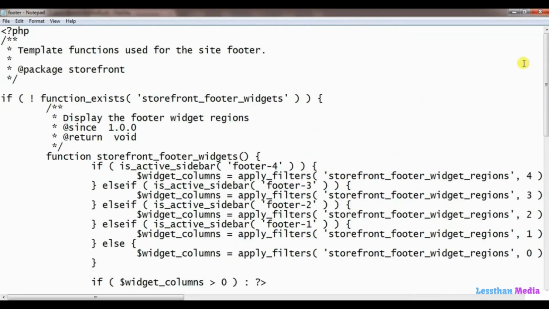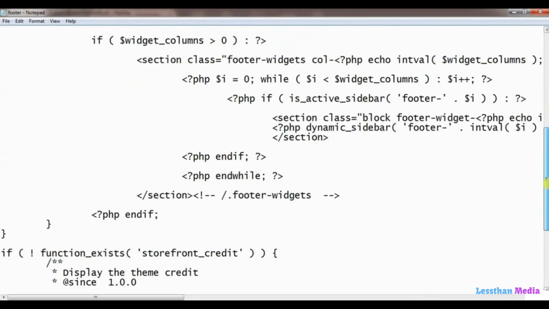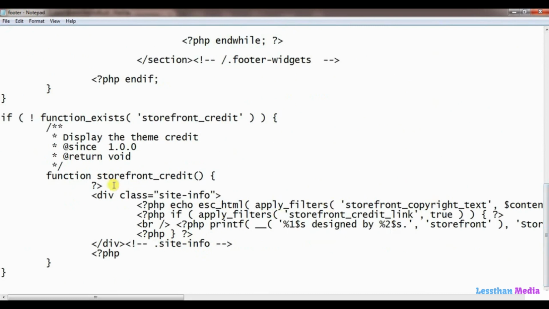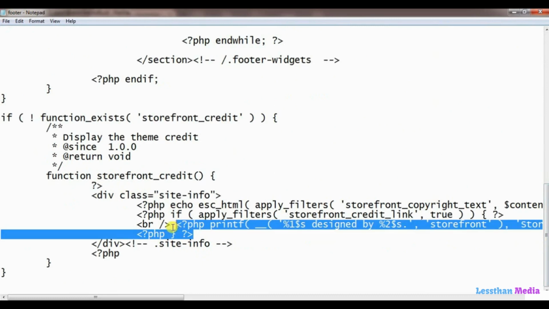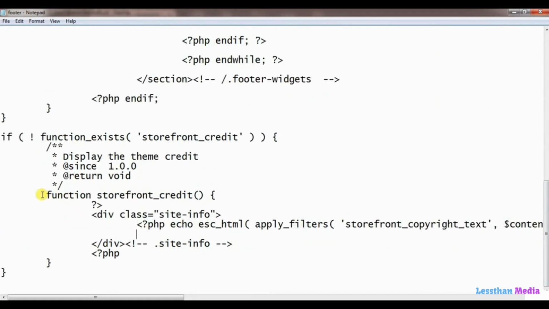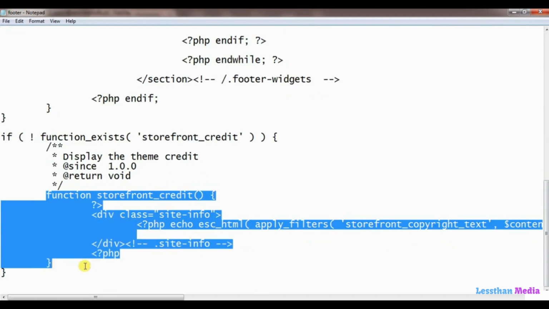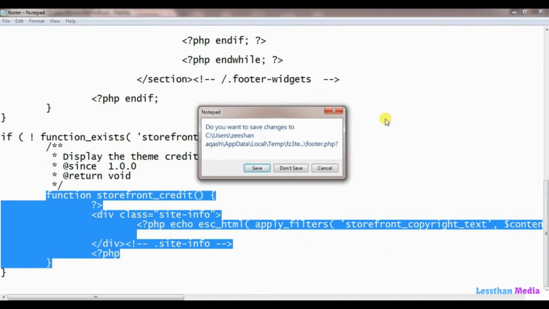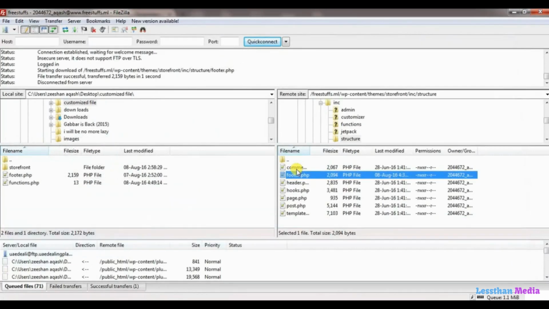Now here in the bottom section of this file you will see the credit function that is here. So in this function remove these three lines from this function. Now select this function and with Ctrl C copy it and then close this file. Click on don't save. Now go back to your WordPress dashboard,